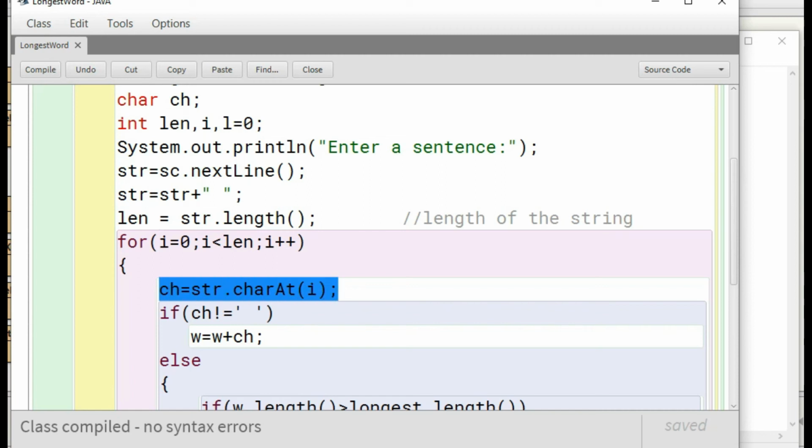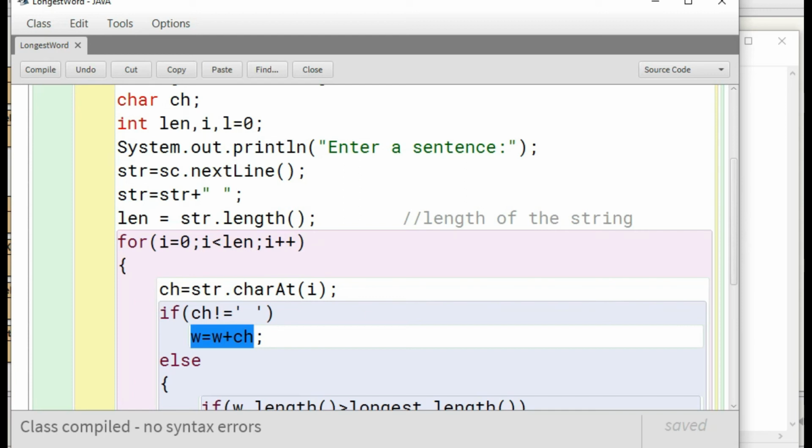We are extracting every character of the string until we get a space, and that character is getting concatenated with w. So we are storing the characters in the string w.